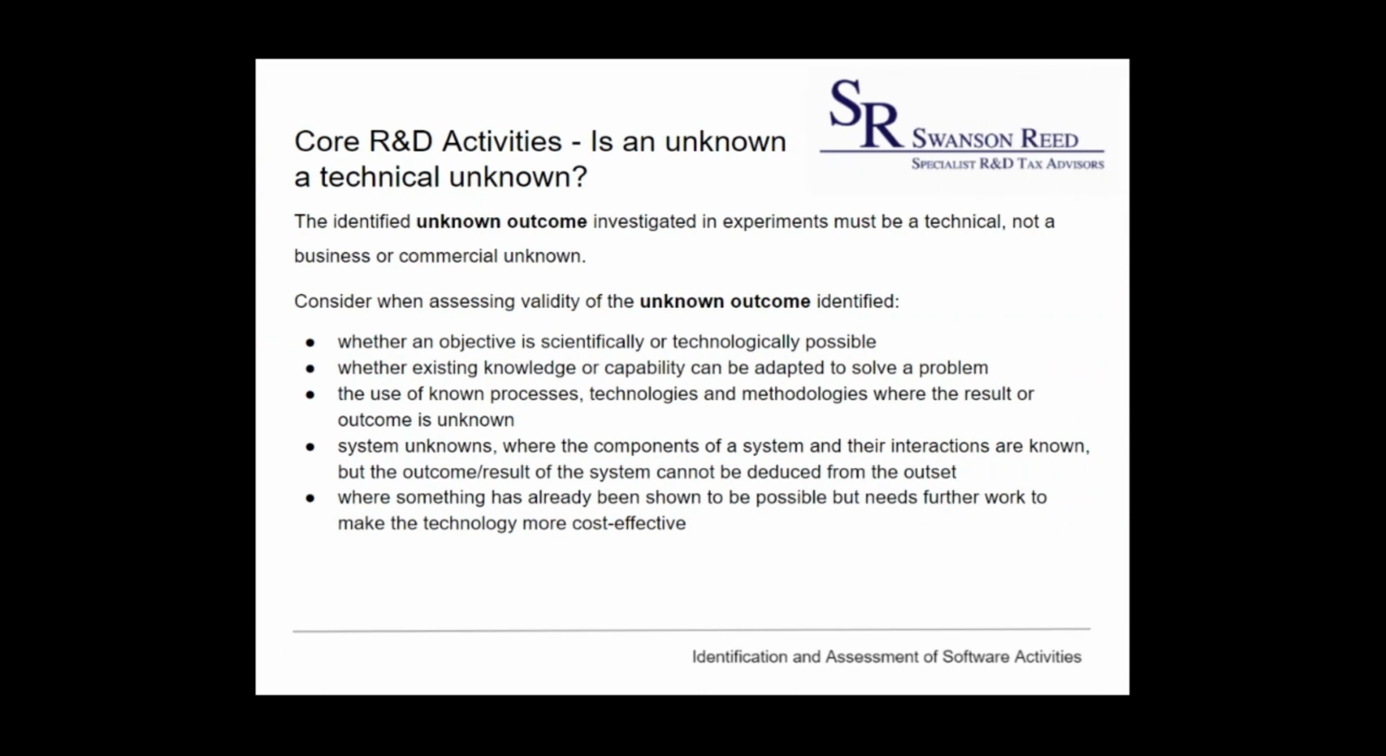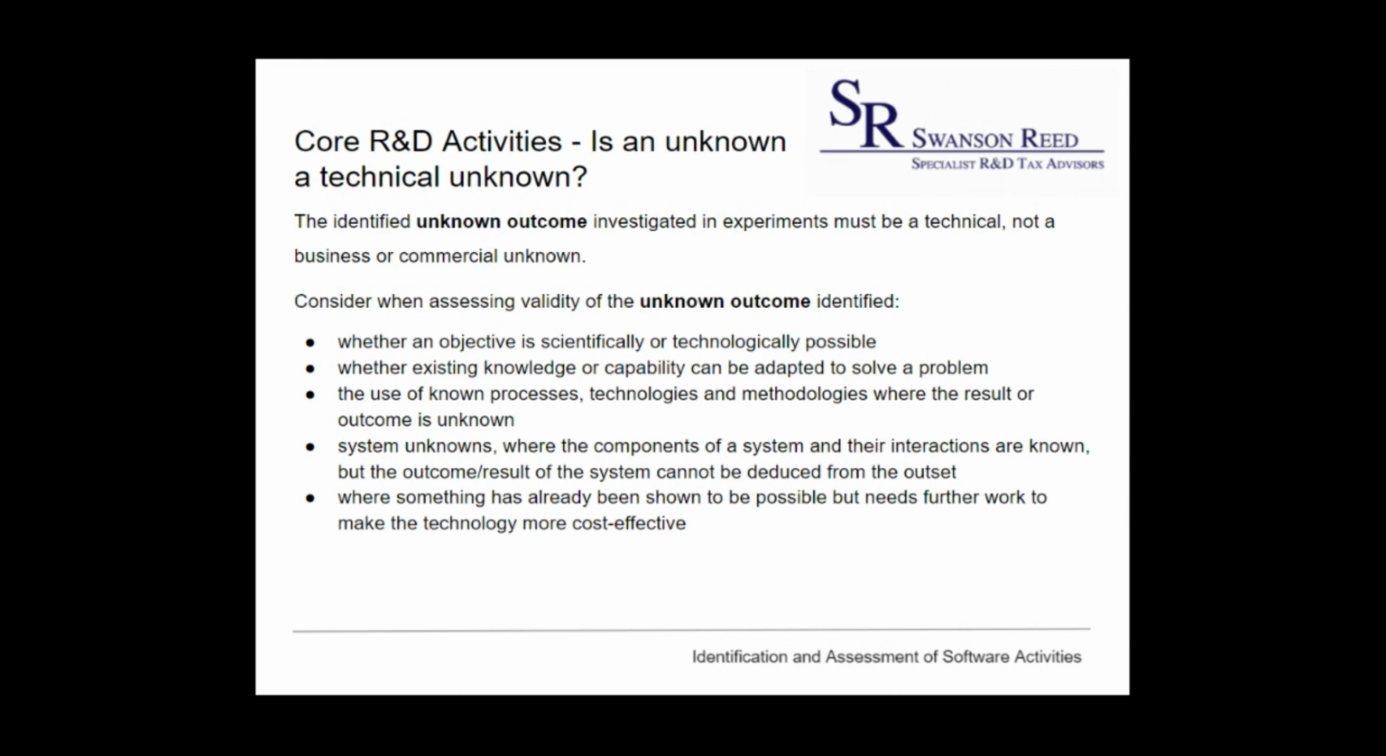AusIndustry also makes an emphasis that companies must demonstrate that there is a scientific or technical unknown which their core R&D activity seeks to resolve, as distinct from solving a business problem by applying existing knowledge. Relevant points to consider are noted within the guidance as being whether a technical objective is scientifically or technologically possible, whether existing knowledge or capability can be adapted to solve a problem within the same field of science or technology,